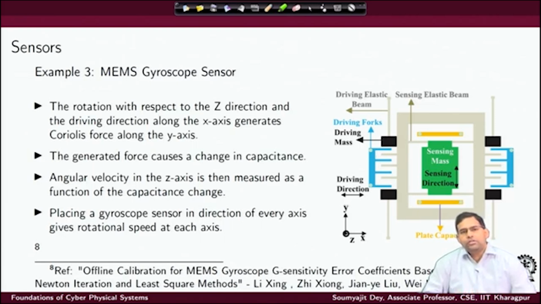Now for each such possible axis of motion, I will have a suitable gyroscope configured along the other axes. So just like I can use one gyroscope for the z axis, I can use two more gyroscopes for considering the rotation around the x axis and y axis, if they are necessary. So I can have a gyroscope in directions for every axis, and that will give me the rotational speed across each axis. So this will give me the orientation information in full, that is the roll, pitch and yaw.